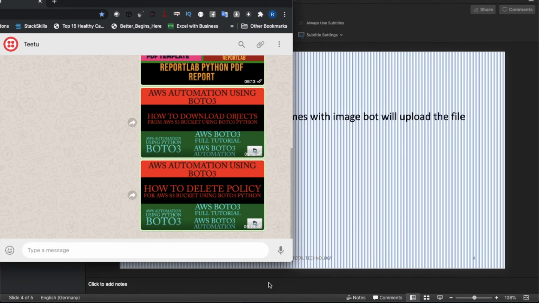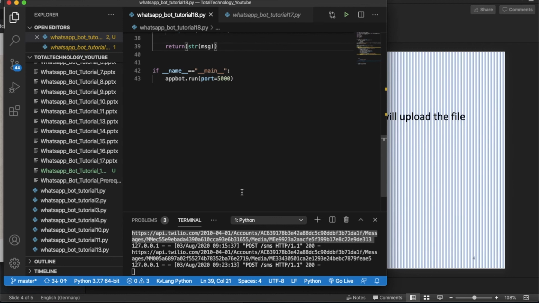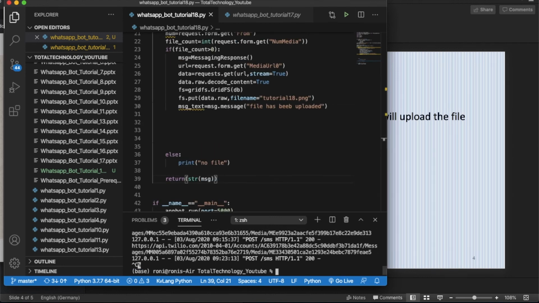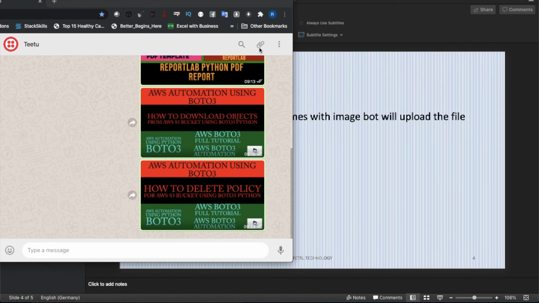Okay, done, but I haven't got any response yet over here. The reason is that after writing this code, I didn't compile the code actually. That is the main reason. Sometimes it happens, it's normal. Okay, so maybe